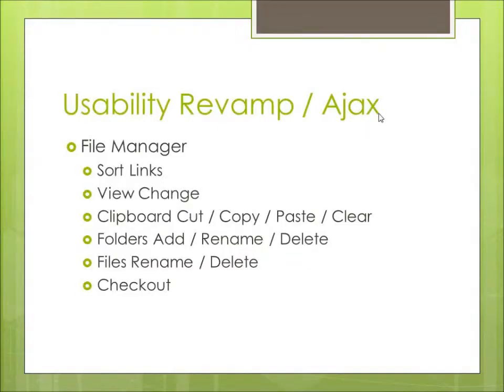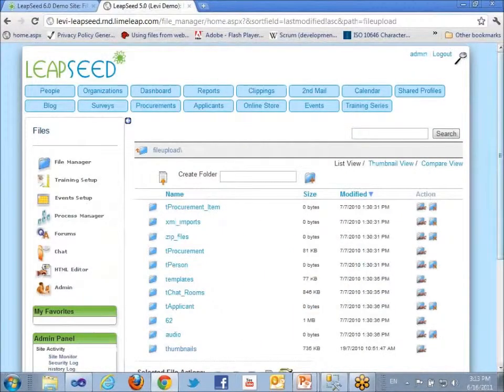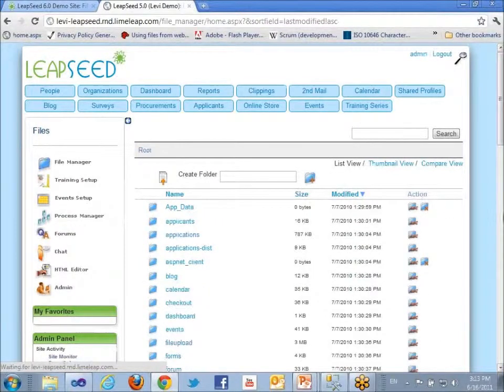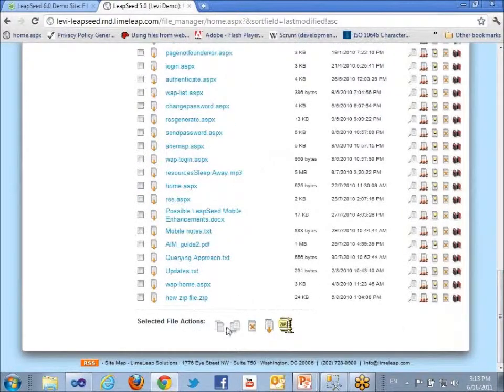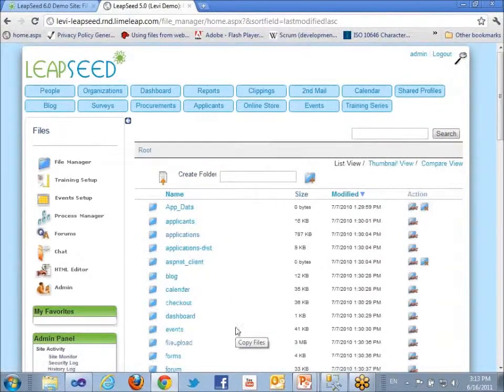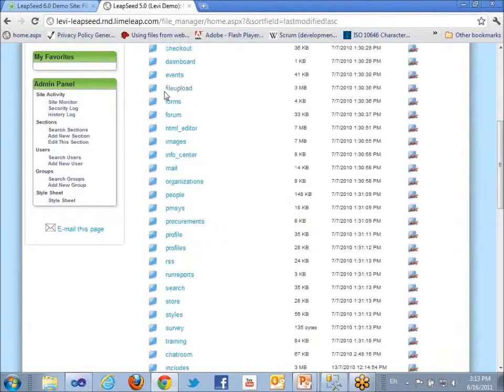One handy thing that's also been updated is the clipboard functionality. When you're moving files around with the clipboard, it used to be that with every clipboard action, you would be sent to the top of the page. Let's say we want to copy a file from the root into a subfolder, say the LeapSeed license file. So we do a copy, it takes us to the top again,